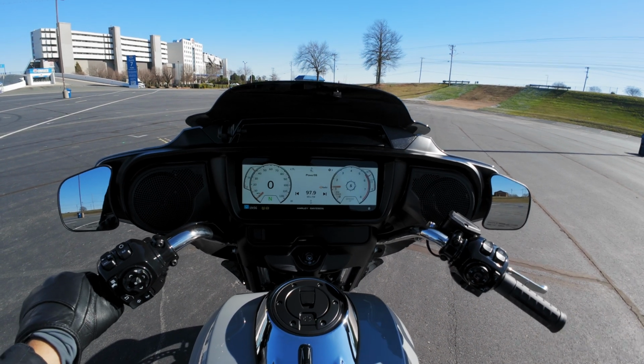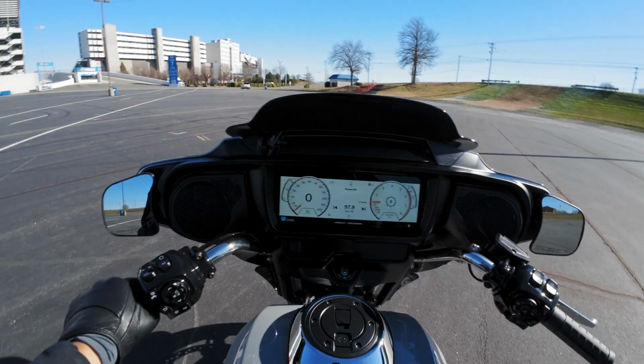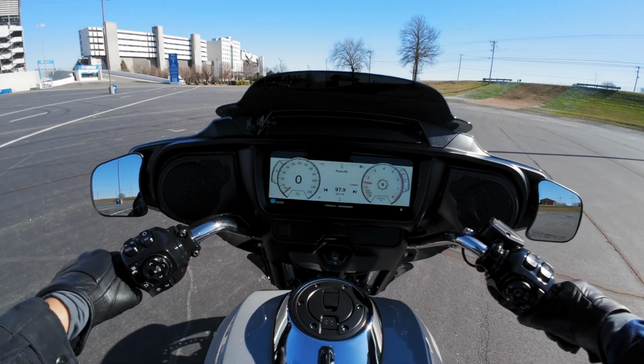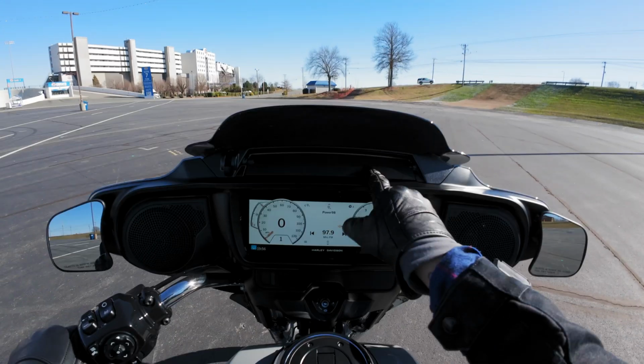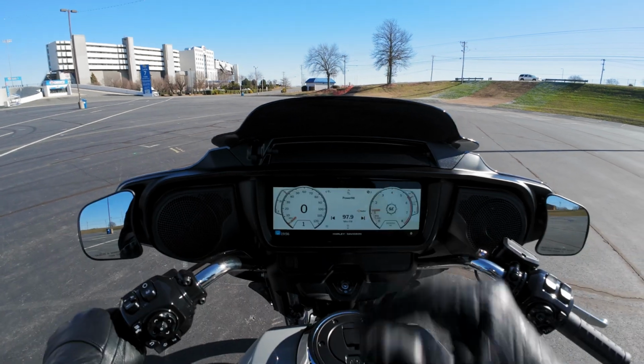When the bike cranks up, you're greeted to a nice Harley-Davidson rumble. These actually sound better than the previous generation motorcycles. With the stock exhaust on, you do get a little bit of rumble out of these. Got your mirrors right there. You can see plenty out of the mirrors. You got this adjustable airflow vent too that you can either close or open depending on how you want the